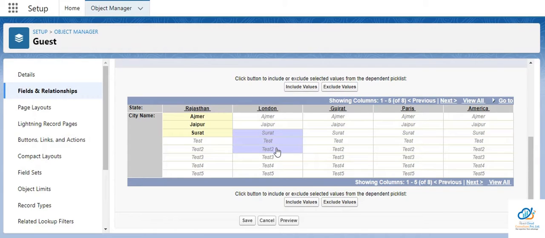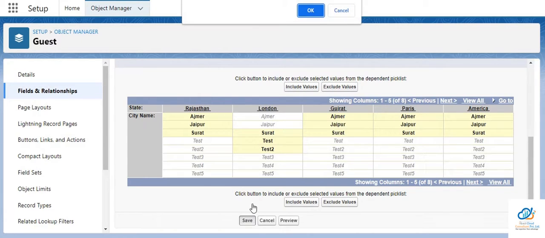We'll select this much, include values. We'll select this much, this much, include values. Again, include. Okay, so we'll save this.